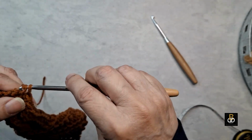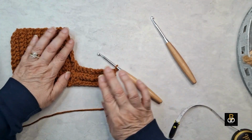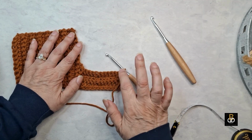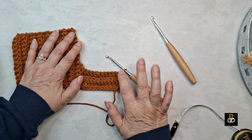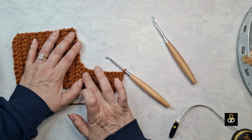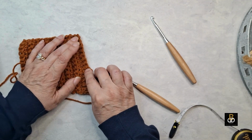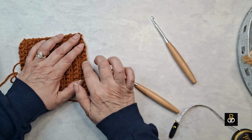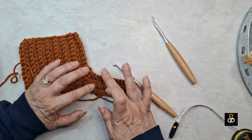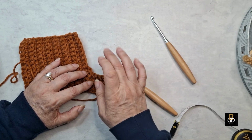All right, chain 1 and turn. Now you can see it's happening. It's finally happening. So go ahead and repeat that with 1 single crochet stitch into the first stitch, 9 back loop single crochet stitches into the rest of the ribbing. Don't go into this one that you're already in. That one doesn't count. And then slip stitch the next 3 stitches, and then turn your work, and then go